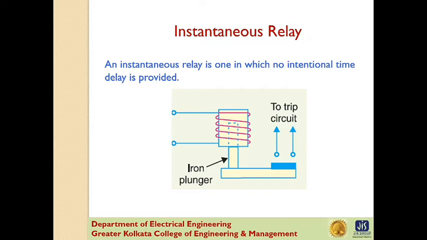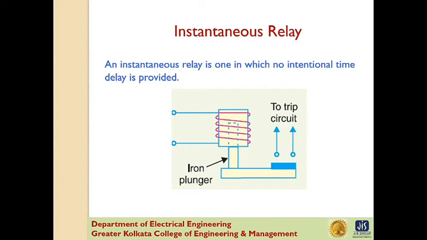The instantaneous relay has operating time less than 0.1 second. The instantaneous relay is effective only where the impedance between the relay and the source is small compared to the protected section impedance. The operating time of an instantaneous relay is sometimes expressed in cycles based on the power system frequency. For example, one cycle would be 1/50 seconds in a 50 cycle system.